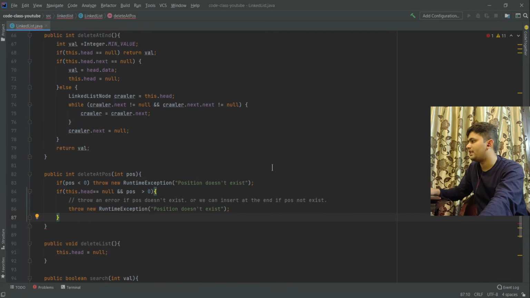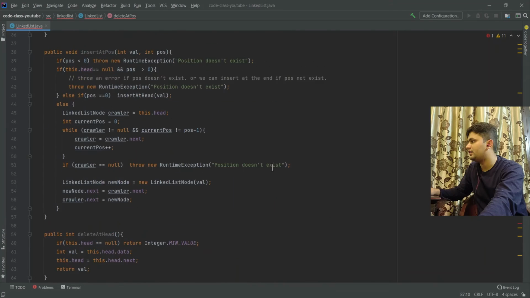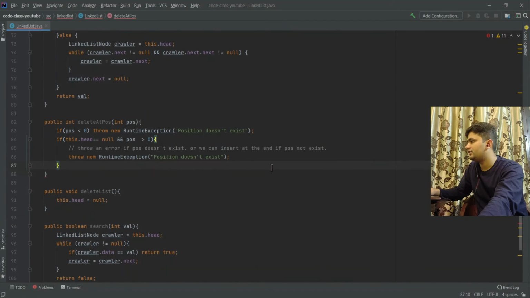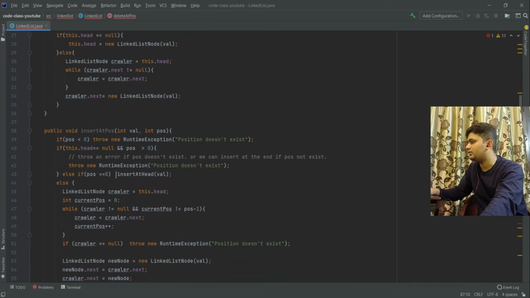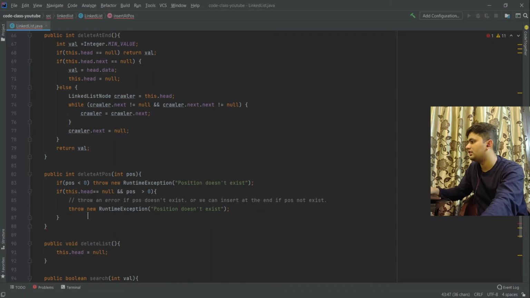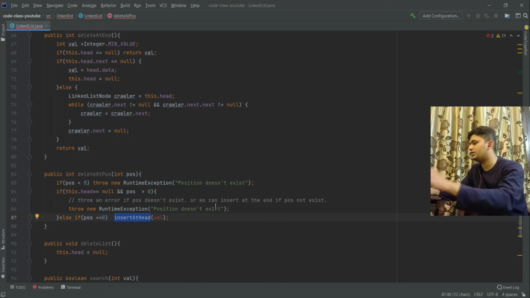Okay, and now we will check if we can simply do this check as well. If position is equal to 0, we want to delete head.